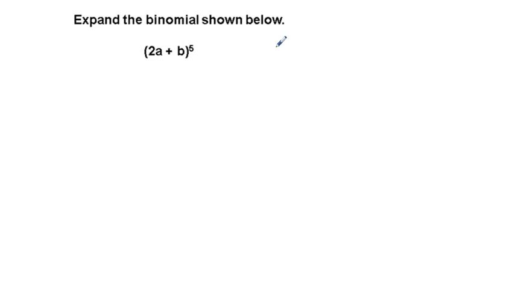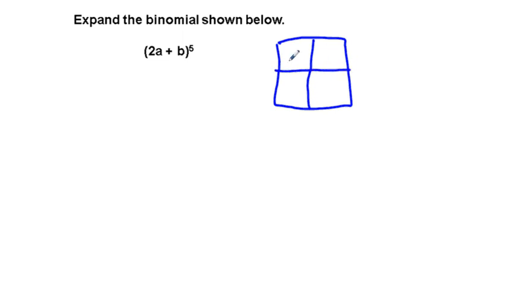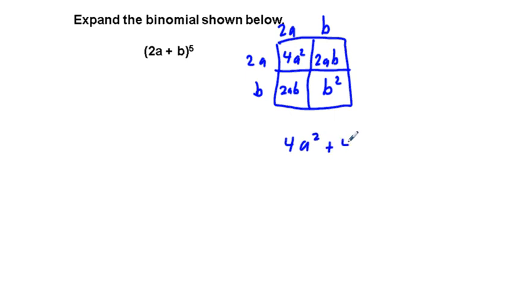What we could do, if we want to take the time, is take 2a plus b, 2a plus b, and just multiply these together: 4a squared, then we'd have 2ab, and then 2ab here, and then b times b, which is b squared. So we'd have 4a squared plus 4ab plus b squared,